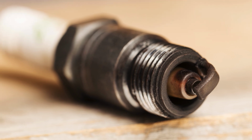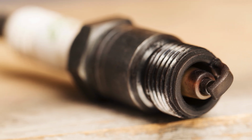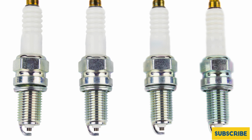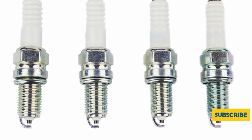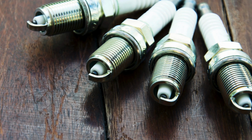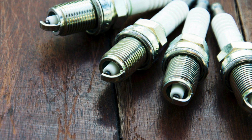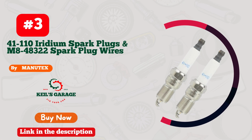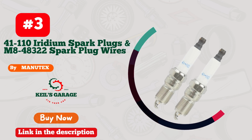With easy installation and compatibility with a wide range of vehicles, Compact 5.3 guarantees hassle-free maintenance. Say goodbye to engine misfires and hello to smoother rides with Compact 5.3 Spark Plug, the epitome of reliability and performance. Number 3. Manutech's 41 to 110 iridium spark plugs and